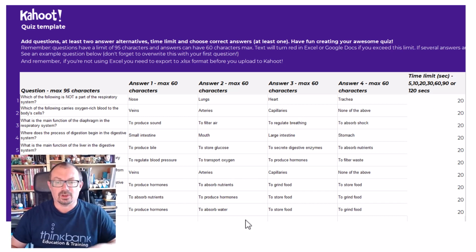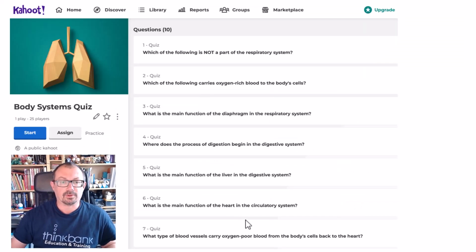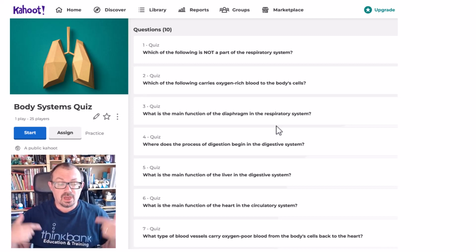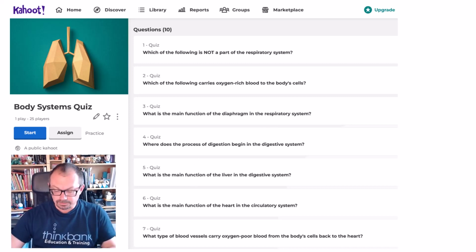And then in Kahoot you just upload that Excel spreadsheet, and straight away you've got a 10-question quiz with the correct answers set up. The only thing you might want to do then is go into Kahoot and change the pictures and title the question up a little bit. Again, a bit of proofreading, a bit of checking just to make sure everything is as it should be, but it looked pretty good. It wasn't a bad little quiz.